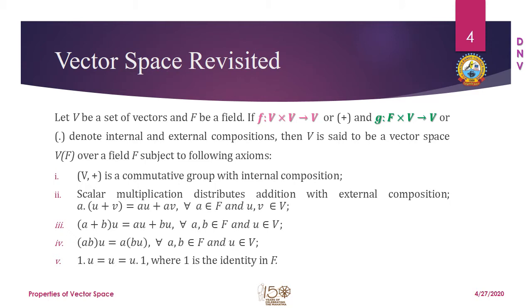So let us refresh the definition of vector space. We had considered the set V and another set F as a field with two compositions, plus and dot. Plus is the composition for addition and dot is the composition for multiplication. We denoted the vector space by V(F), and these are the 9 properties which a set should satisfy for becoming a vector space. Not going into much detail, these are the 5 properties of commutative groups, and the others are in addition to the properties satisfied by a group.